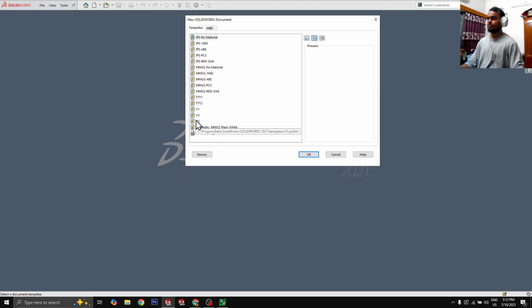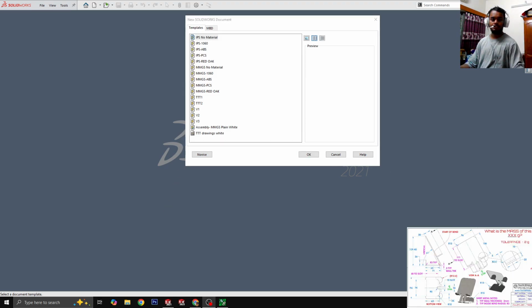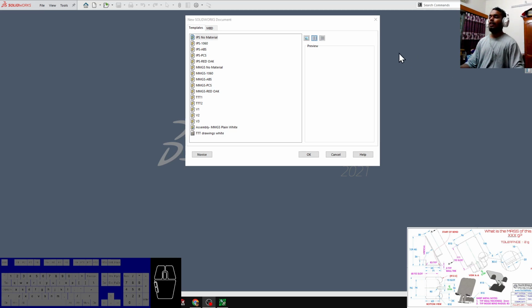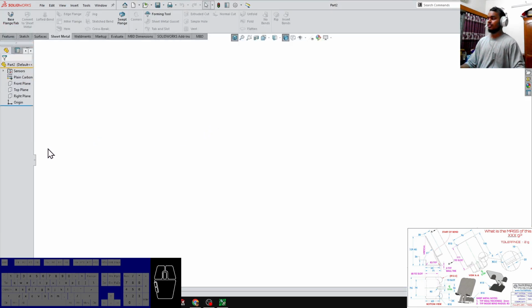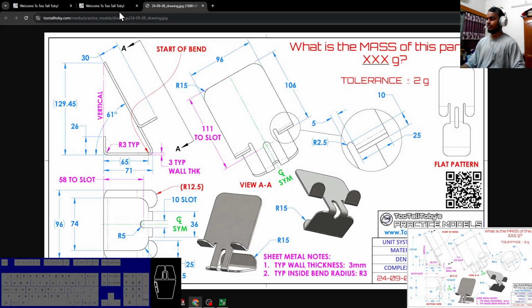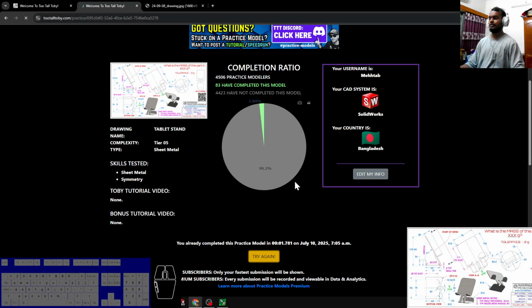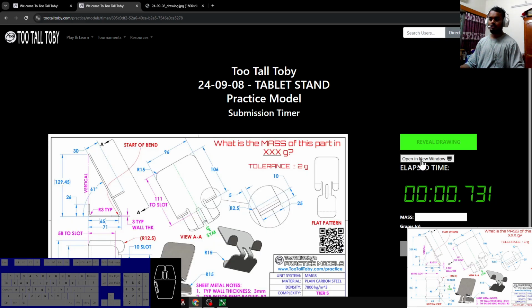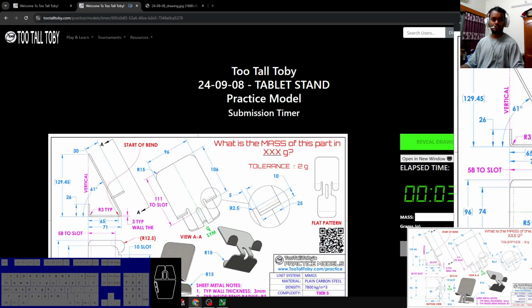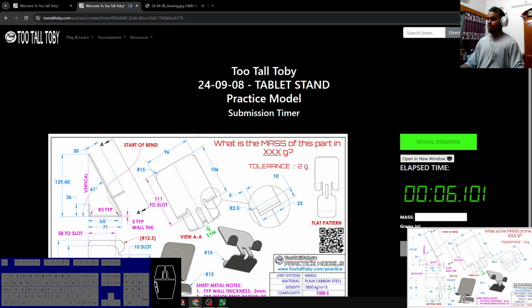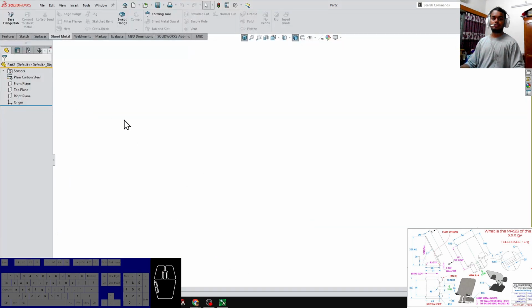Let's go to SolidWorks. First of all, let me set up my overlays. There we go. You can see the drawing too at the bottom right corner to keep up with me. Let's go. Material is plain carbon steel, MMGS. We have our sheet metal tab open. Let's open the drawing first. Open a new window and let's take this drawing to the second monitor. Okay, now as our plan,